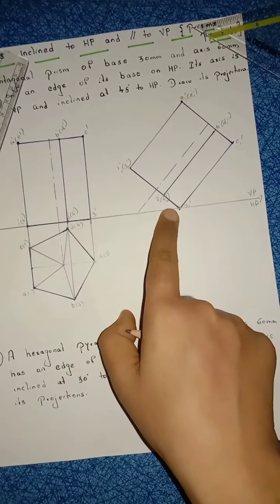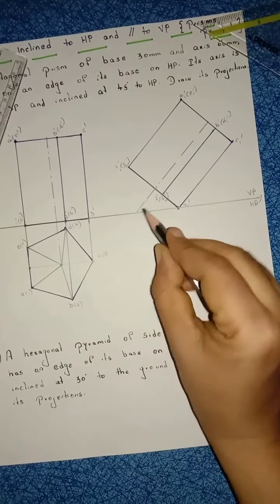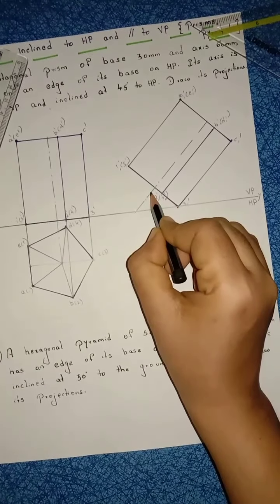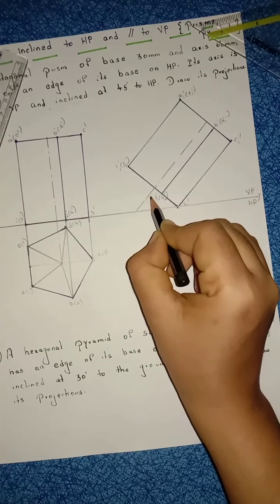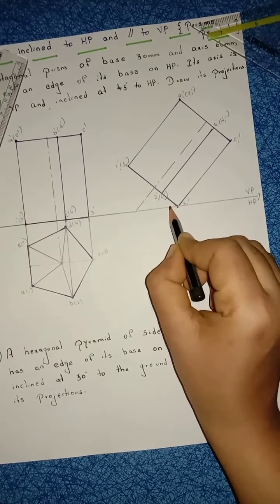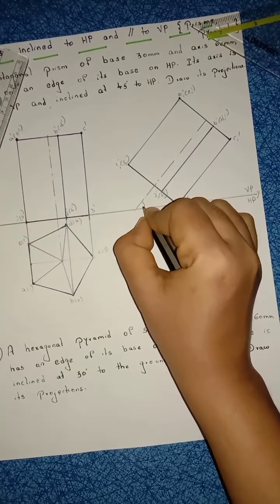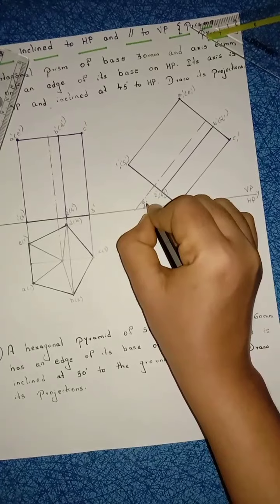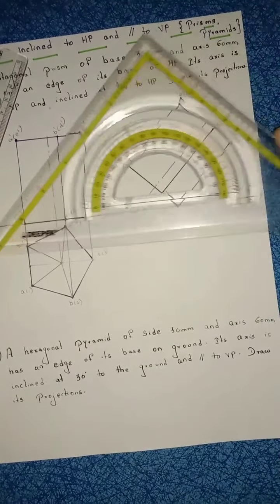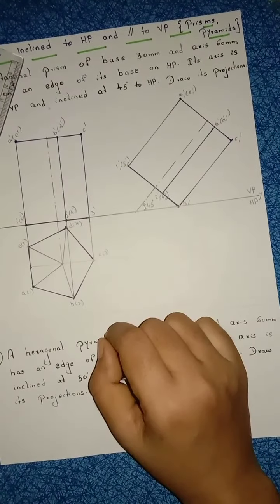I have drawn this base first with an angle of 45 degrees. Now, if you observe clearly, this is a right angle triangle. Right? The angle here is 90 degrees, compulsory. And I am taking 45 degrees here. So the remaining angle will be how much here? 45 degrees. After completion of the total problem, if you measure here, you will get the angle 45 degrees.